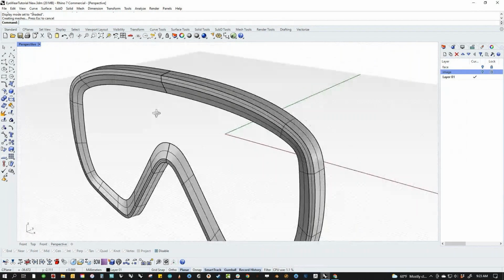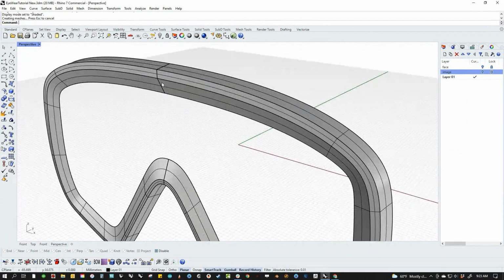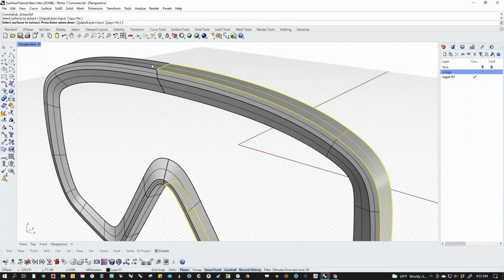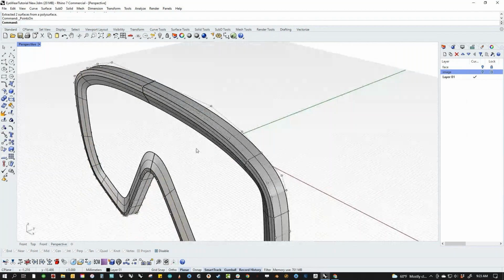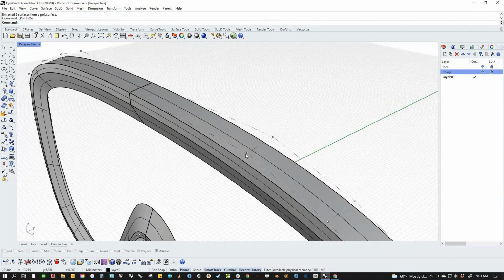But we want to massage this a little bit. So I'm actually going to extract these two surfaces and turn their points on. And you can see that this is a degree 1 surface because it's only got 2 points. So there's nothing in the middle, which means I can't add any crown to it, because you need, how many points to make crown? You need 3, right? There's a video I did called Rule of 3 on YouTube that you might want to take a peek at. I talk in exhaustive detail about Rule of 3 and bending corners and stuff like that. But this violates Rule of 3, so that we can't actually have any